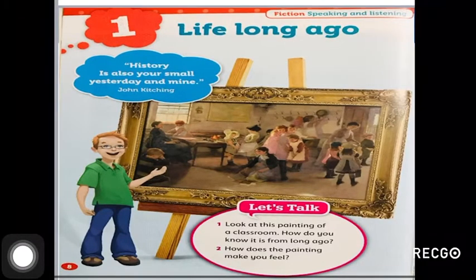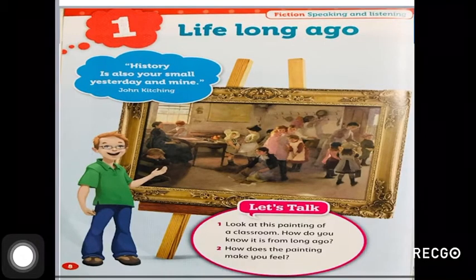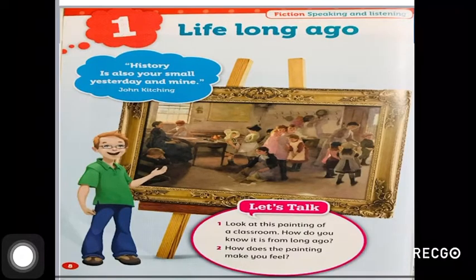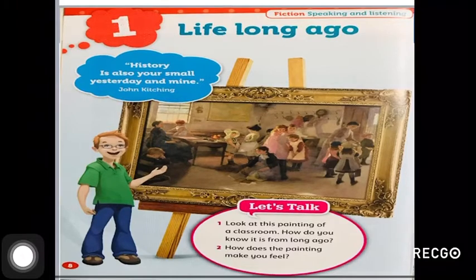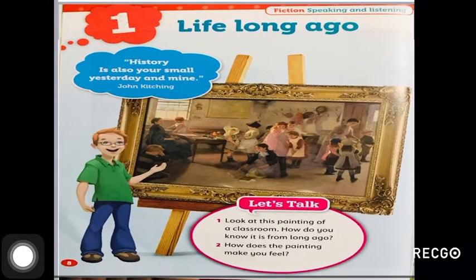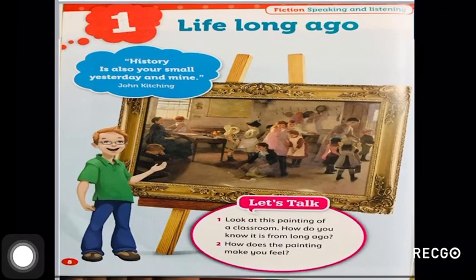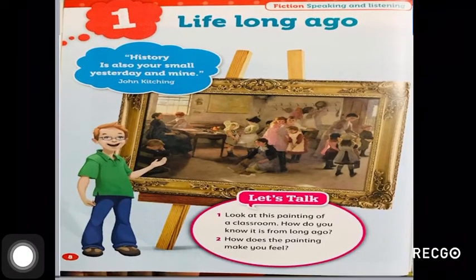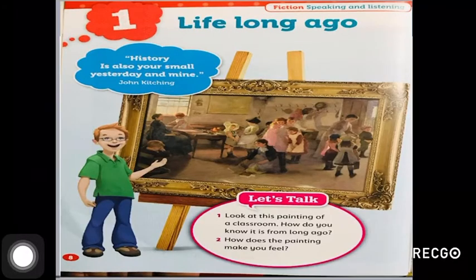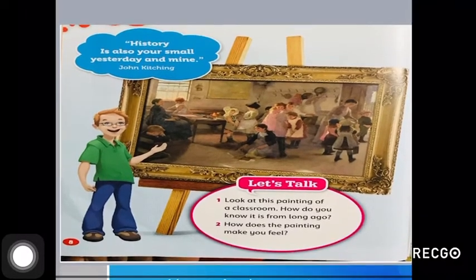And about history, there is a poet, John Keating. He has written a poem, and in that poem, one line is written: history is also your small yesterday and mine. Now this is the small yesterday of the classroom of yours and mine as well. Going ahead,